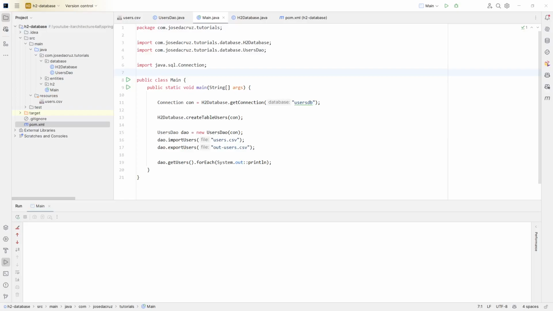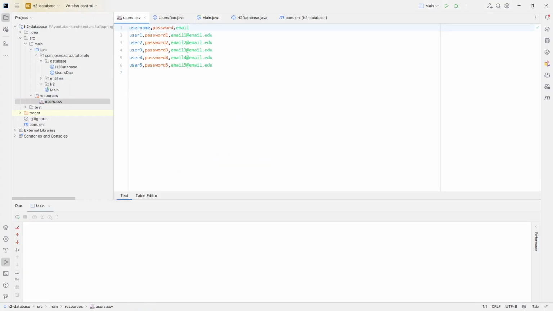Hello everybody, today I would like to talk about another feature that H2 contains, which is the possibility to import and export CSV files. Let's see how to do it. So imagine that you have this file, users, which has user, password, email, these three fields, and